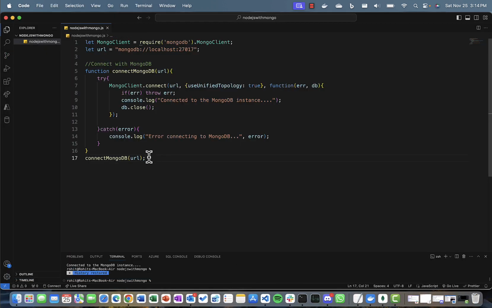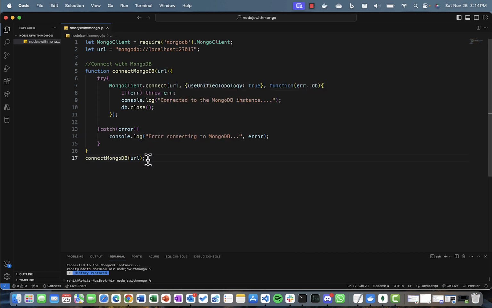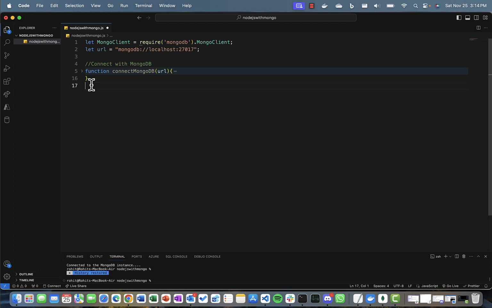In the last video I showed you how to connect with MongoDB, but now we'll use another function. I'm going to close this one because I'm not going to use this function. So this is my first function, and that looks fine. My second function will be to insert a record